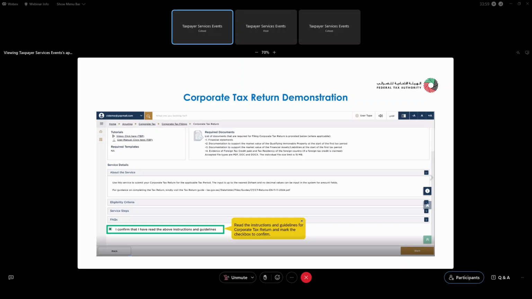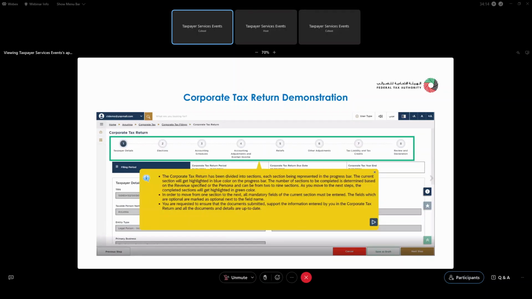You will go through all the details about the service, such as the eligibility criteria and the required documents, and you will confirm at the end of the page that you have read the above instructions and guidelines to start the procedure. So once you click on start, you will have the first page where it will show you, in the box highlighted in green, the 8 main steps for the corporate tax return application,